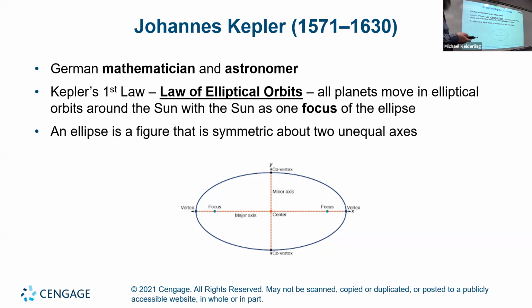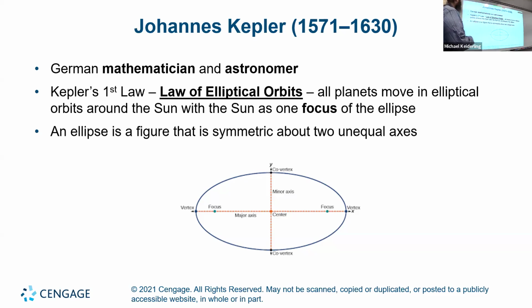So Kepler's first law is the law of elliptical orbits. All planets move in elliptical orbits around the Sun, with the Sun as one focus of the ellipse. So an ellipse is like a stretched circle. A circle is, in fact, a specific type of ellipse. An ellipse is symmetric about two unequal axes. It's defined as the set of all points where if you add up the distance from the two focuses, the